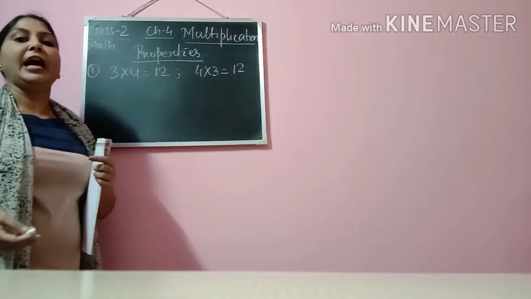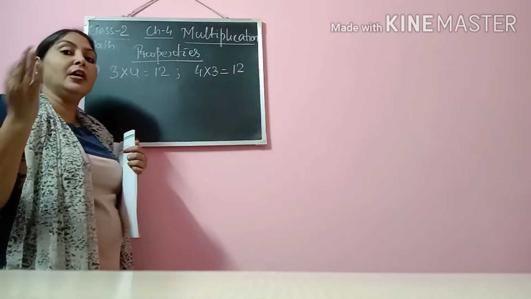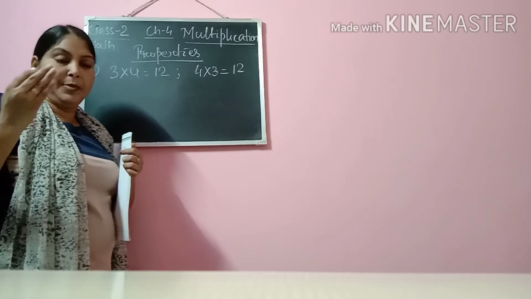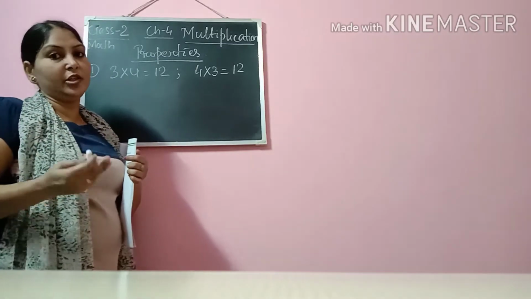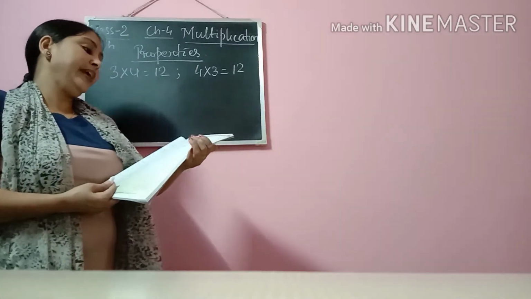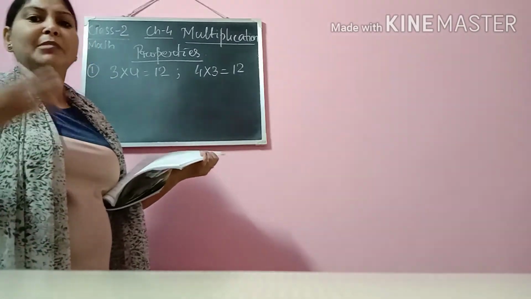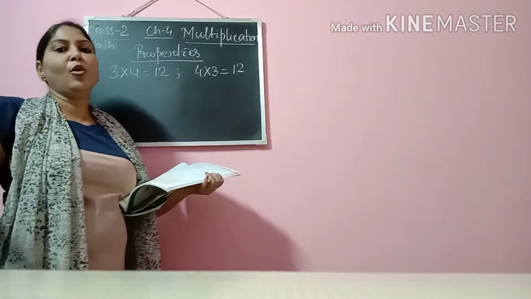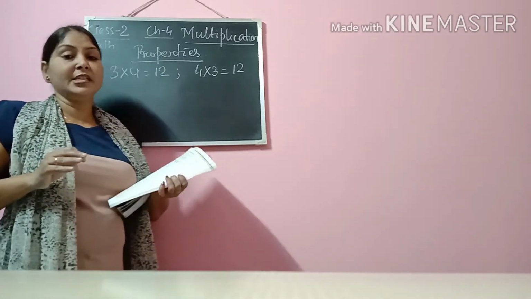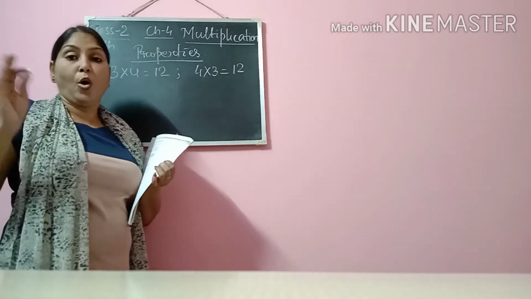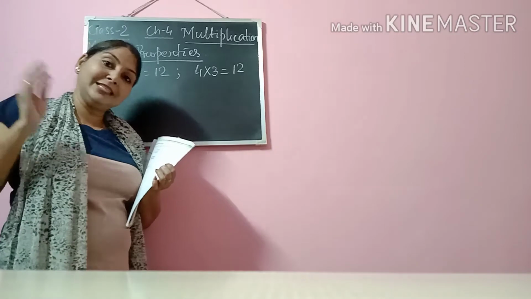That means what is the first property of multiplication? Whenever you change the order of the multiplicand and multiplier, the product comes the same. There is no change in the product. So you can see here that we can multiply two numbers in any order. Not only two numbers, even if there are 3 numbers or 4 numbers, you can multiply in any order, but the answer will come the same. So what we are trying to understand here is, the first property says that if you change the order of the numbers being multiplied, the answer will not change. The answer will come the same.